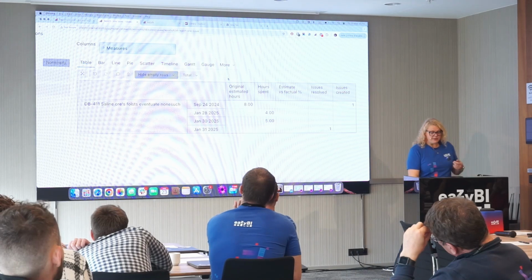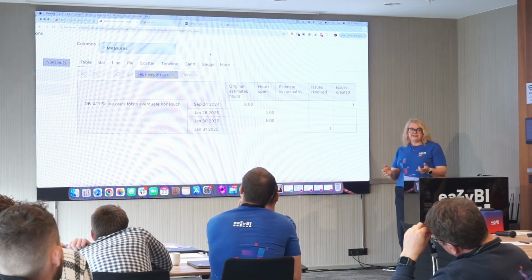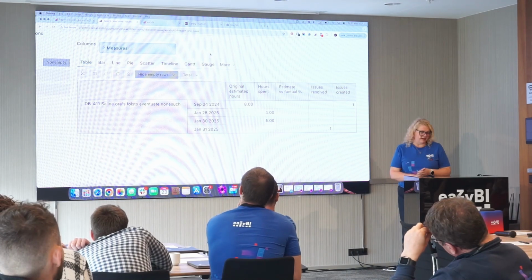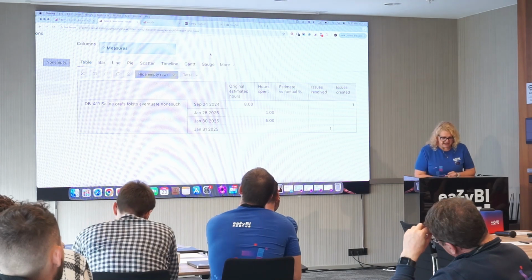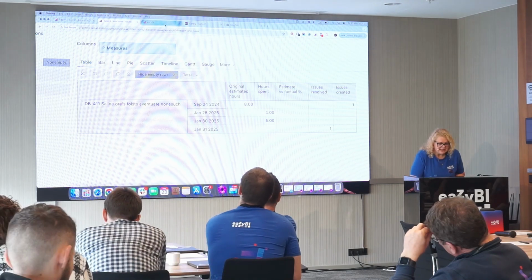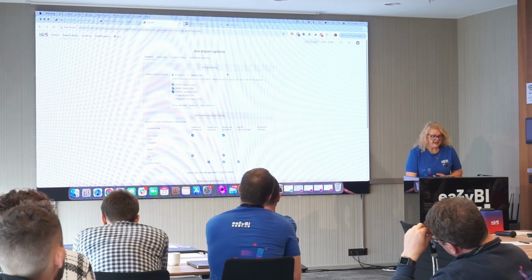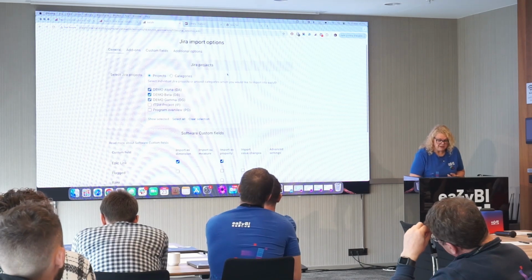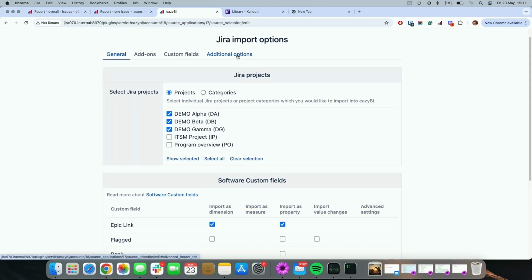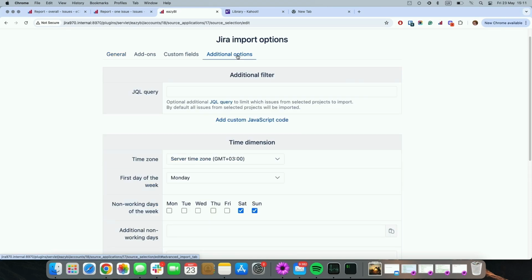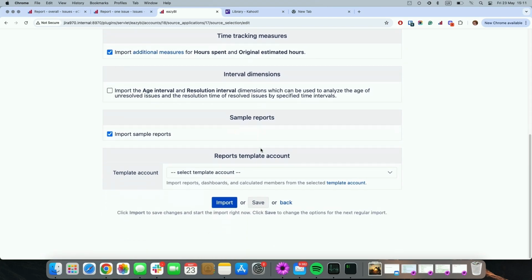So what to do? Previously we did pretty complex, or not complex, but pretty slow calculations. But since I don't remember when, we added an option. In additional options, there is a new checkbox, time tracking measures.